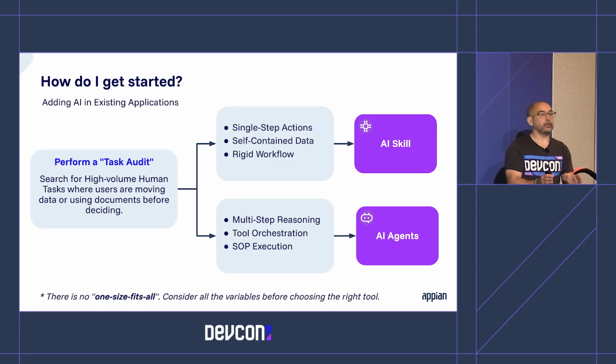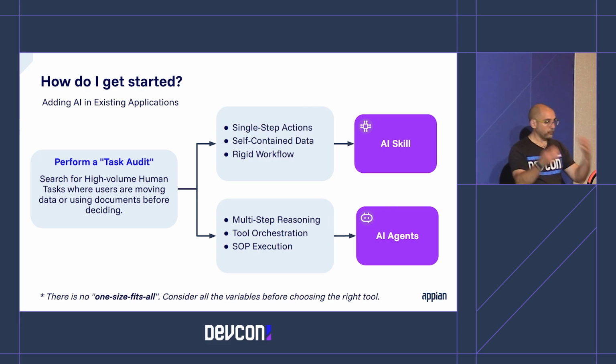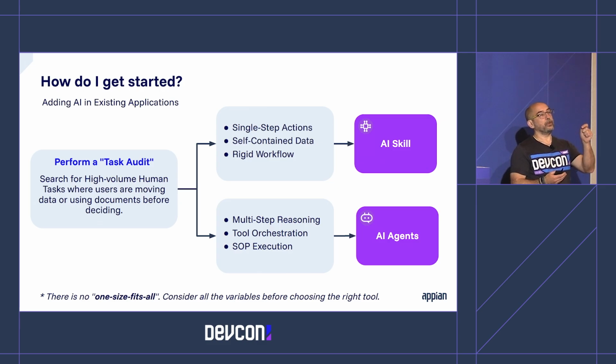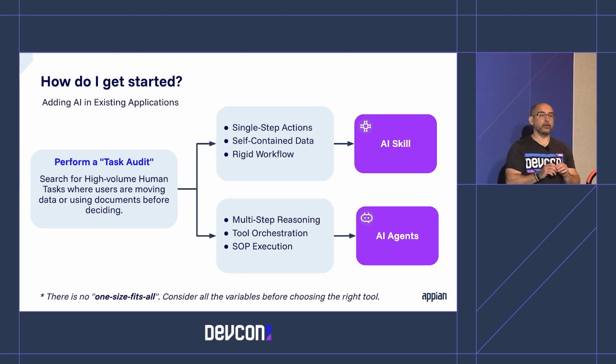So you start with the current applications you already have running in production, you already have data for them, you already know what they do, and you look for places where you have human tasks, manual tasks in those processes. Okay? And you take the list of all the manual tasks and you decide for each of them if you could replace the human intelligence in that task with an artificial intelligence. If you decide that no, this needs to be performed by a human, that's okay. But if you decide that you can replace the human intelligence with an artificial one, then you need to go a step further and decide which is the right tool, which is the right